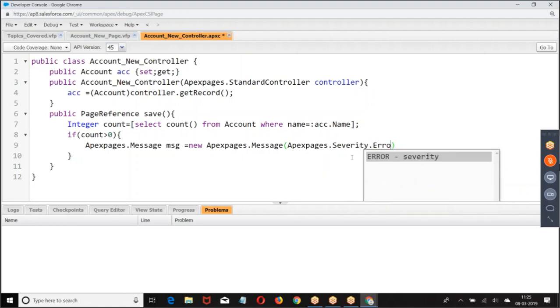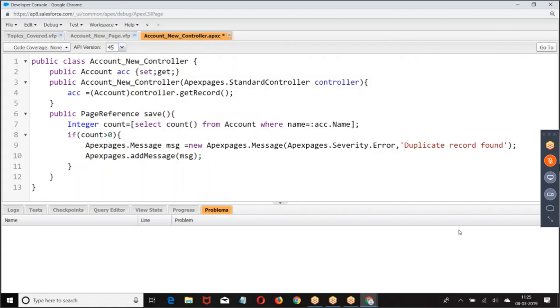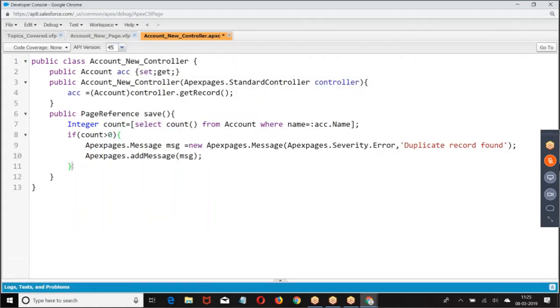Otherwise, no duplicate record found inside ACC.